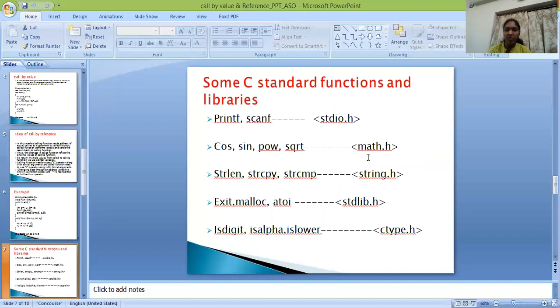Cos, sine, power, square root are all from math.h library functions. String length, copy, string comparison are all in the string.h header file. Exit, malloc, are standard library functions. isdigit, isalpha, islower are all C ctype.h functions.